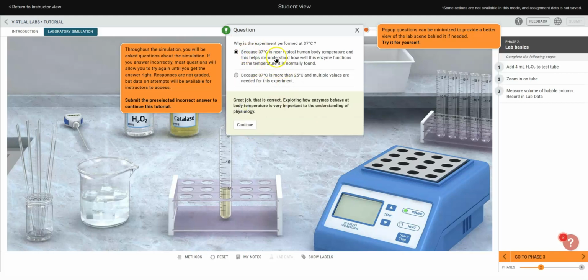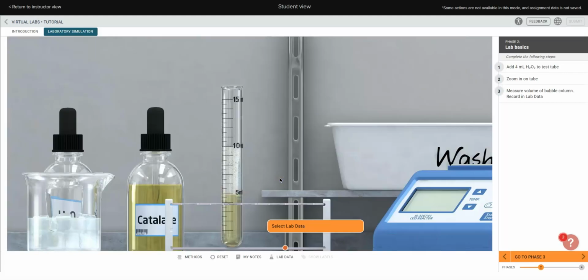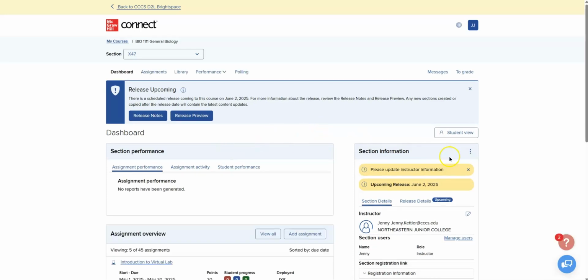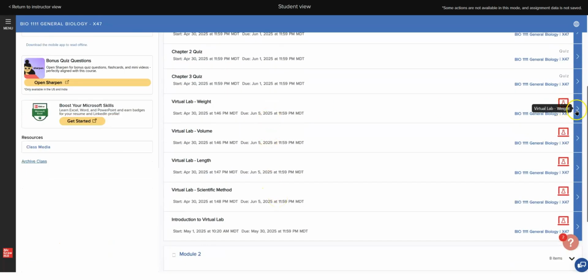If you don't get it correctly the first time, it'll ask you to redo it. And yeah, you just work through it. This tutorial will have a submission that lets me know that you completed it, and so you do get a grade for this. Now, if we leave here and go to the student view again, and go into your next virtual lab,